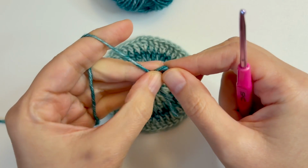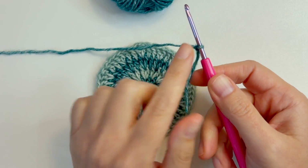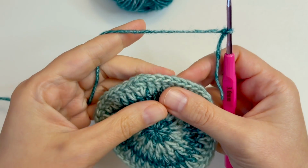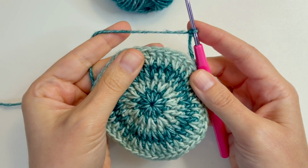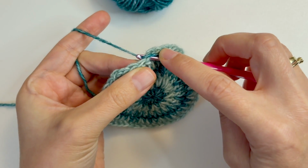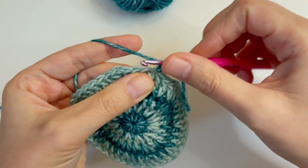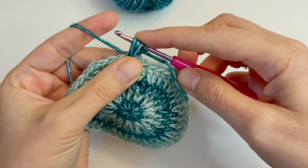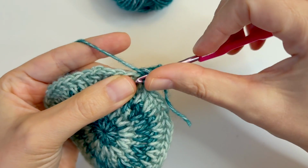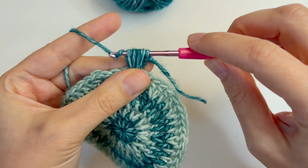We will first make a slip knot, and with our contrasting color we can go now in any of these stitches that we have created on our previous round, and we will start by making 4 loops. I will start here and grab the yarn, pull it through and make a loop. 1, yarn over first and make the second loop, yarn over, make the third loop, yarn over, and work the fourth loop. Now we will grab the yarn and pull it through all loops,